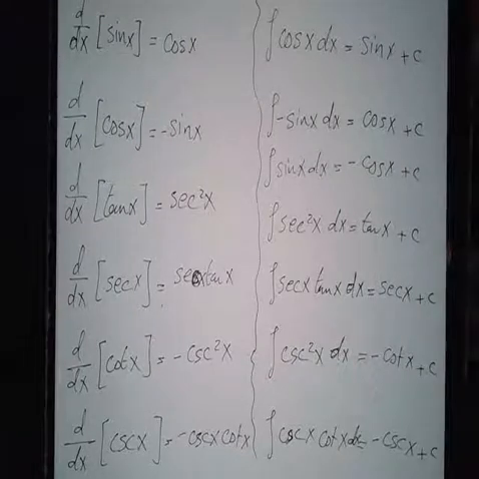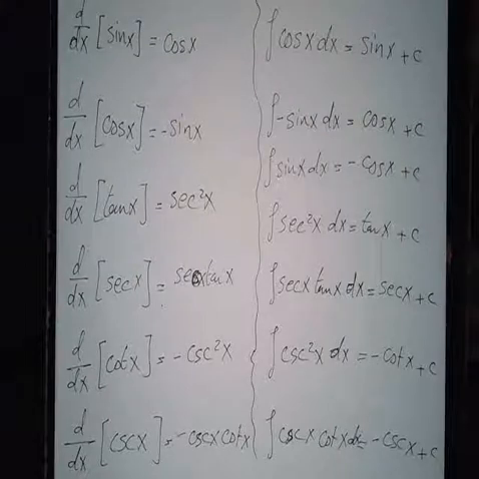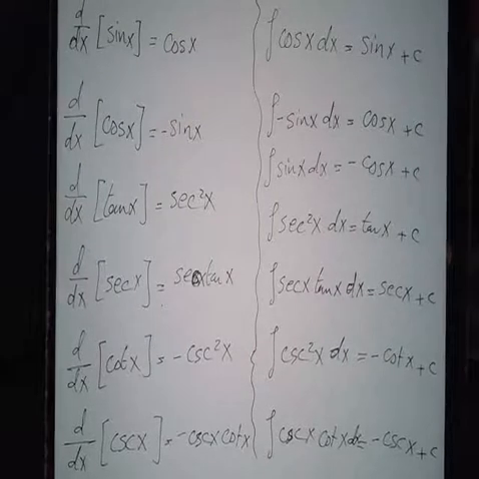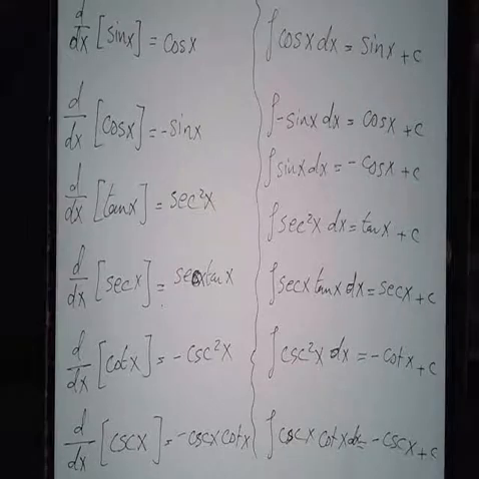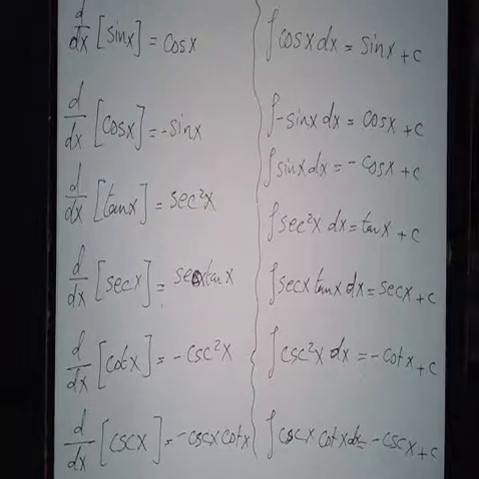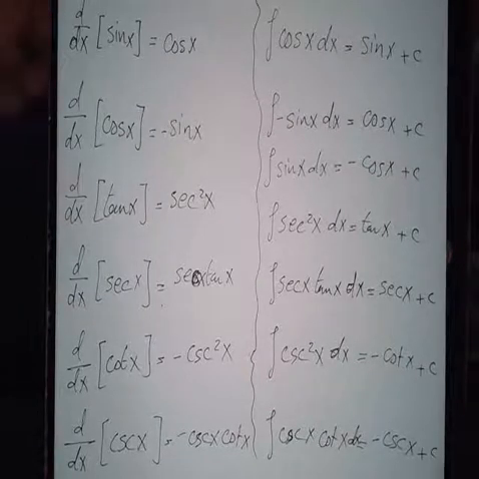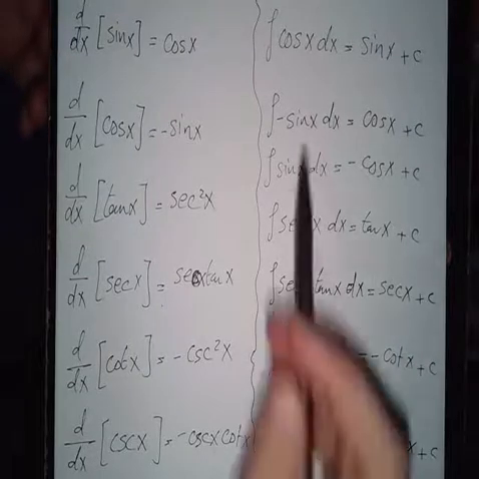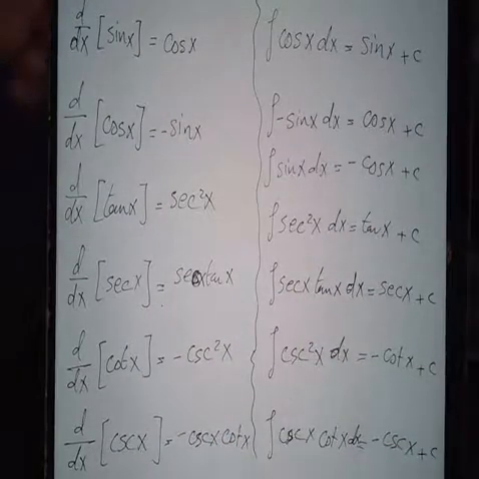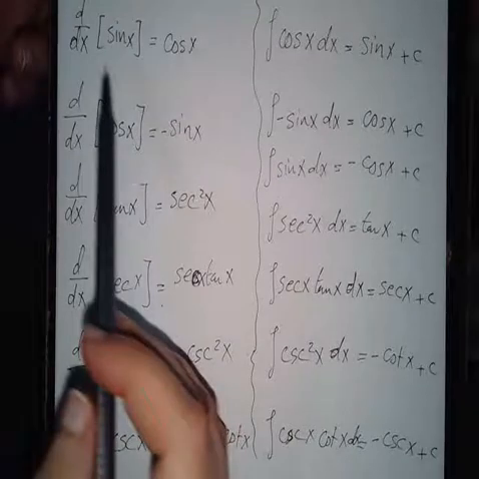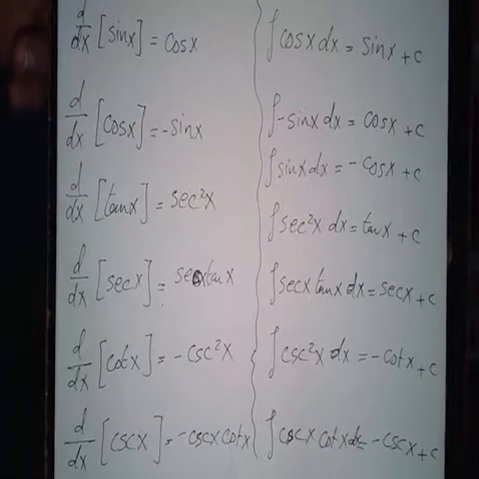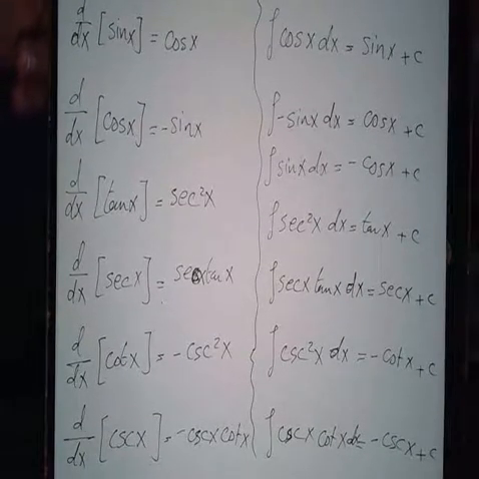These are the rules for the trig functions as far as integration goes. And there's really no way around it. I mean, you can understand how it came about and try to deduce it later on, but essentially you are memorizing these. So it would make your life a lot easier if you did it early on to get it out of the way. When you get to Calc 2, you will see how these integrals and derivatives came about, like why the derivative of sine is going to be cosine and why the integration gives you these results. But until then, that's not really in Calc 1. So anyway,